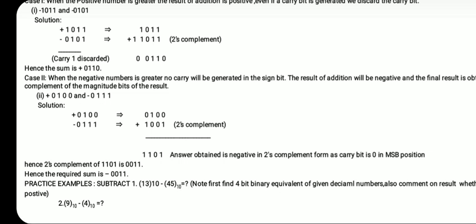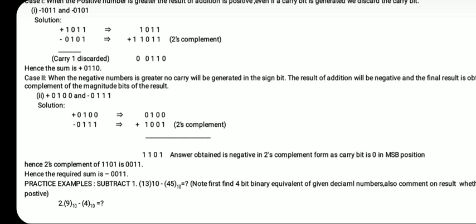There is one more. I am giving you the 5th and 6th examples again so that you understand it more clearly. Now the next number is shown. Look at the number. What is the binary number shown? 0100, that is decimal 4. And what is the next number shown? 0111, that is 7. So 4 minus 7 is equal to 3.